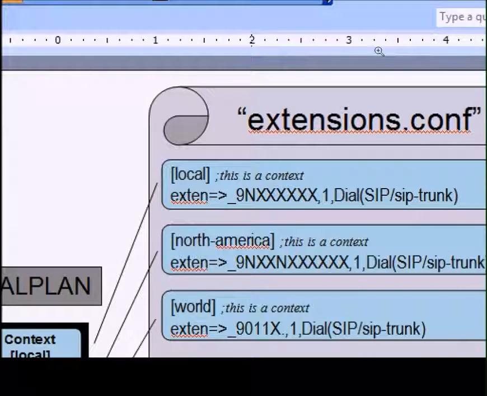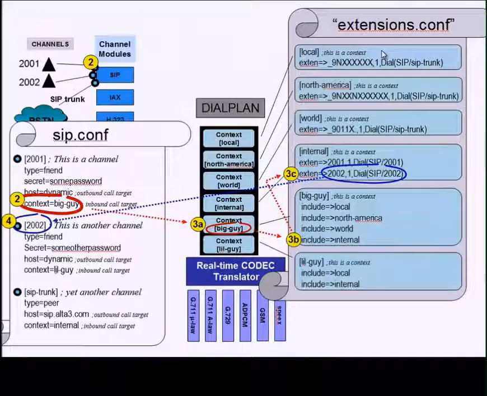The 9, taken literally as the first digit, must be a 9. The next digit is an N. That's understandable because of that underscore you see. So the N means I am a digit of a value 2 through 9. I will never be a 0 or a 1. The X is I am any digit 0 through 9. So this would be an example of a North American 7-digit number because, believe it or not, some places in America you can still dial 7 digits. But whatever the case, it didn't work out because we dialed 2002, and that is definitely not going to match